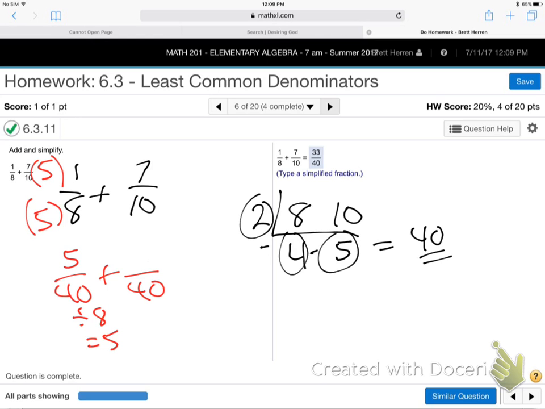5/40 is the same as 1/8. If you said, I ate 1/8 of the pie, or I ate 5/40 of the pie, that's the same amount of pie, right? If I reduced 5/40 and divided top and bottom by 5, it would go back. 5 divided by 5 would be 1. 40 divided by 5 would be 8. It'd go right back to 1/8, wouldn't it? See how it's just a fancy 1/8? And now the other one,